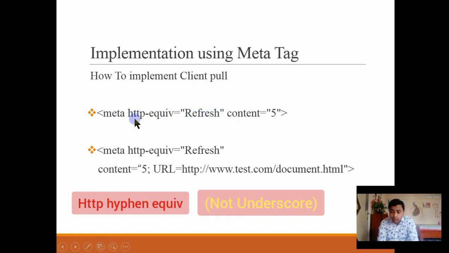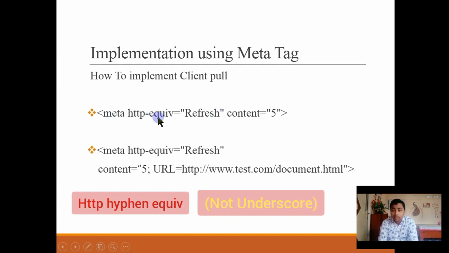Generally it is written as http-equiv equal to refresh. That means the page will be refreshed. Content equal to 5: in content, we declare the amount of time within which the page will be refreshed. It is taken in seconds. That means in 5 seconds, the web page will be refreshed automatically.